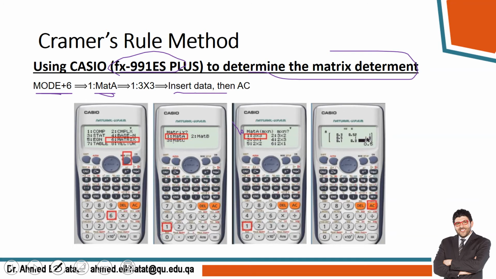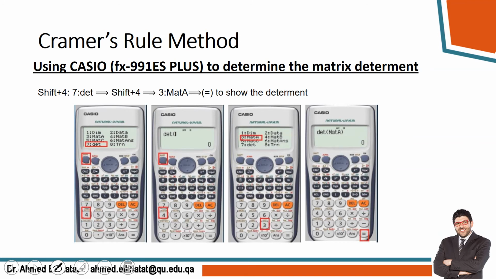After that, press AC. It's important to press AC to save the data in the calculator. If you didn't press AC, the data will not be saved. Don't press equal, press AC. Then after that, shift plus 4. So shift plus 4, this screen will appear, and then press 7. So press 7, it's determinant. Then shift and 4,